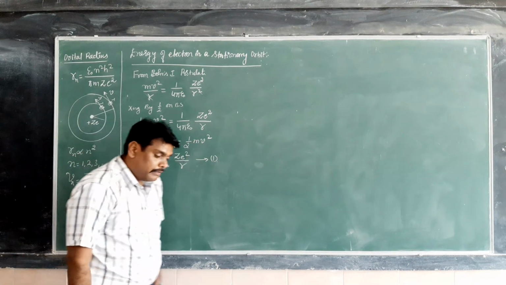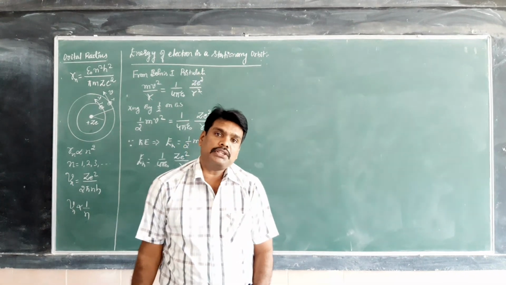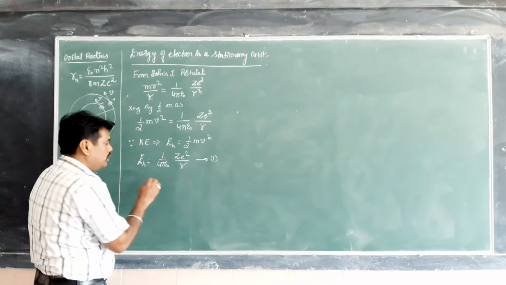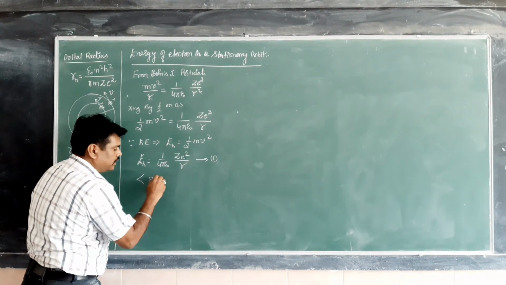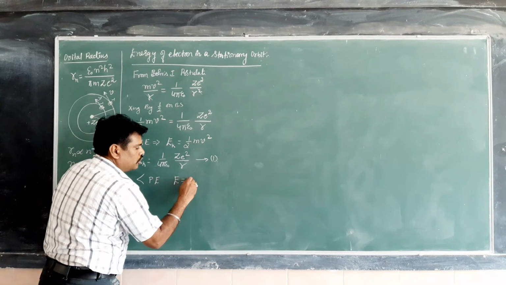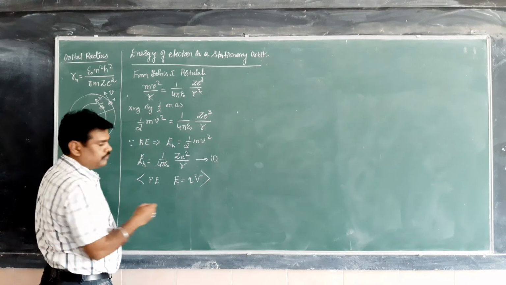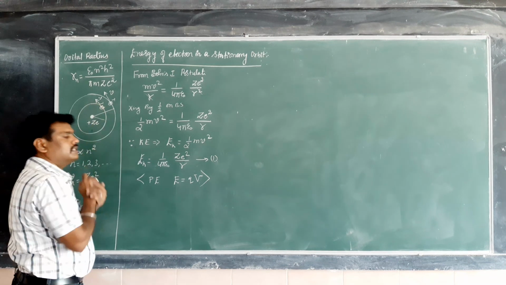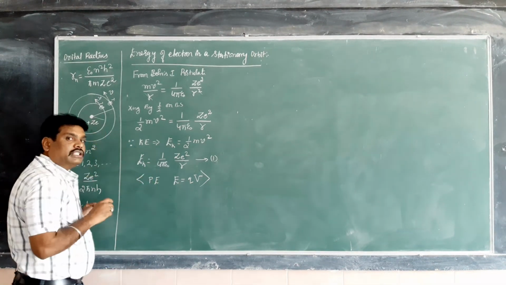You know the formula for potential energy of the charge. So what is the formula for potential energy? Charge into potential difference. Generally, if I want to consider potential energy, E is equal to Q into V, potential difference. I am using this concept: charge into potential difference. Which is the charge here? Electron is the charge. And what is the potential due to this positively charged nucleus?